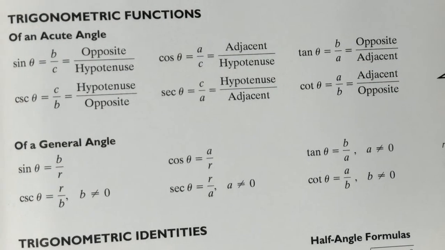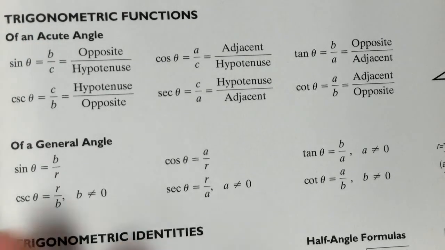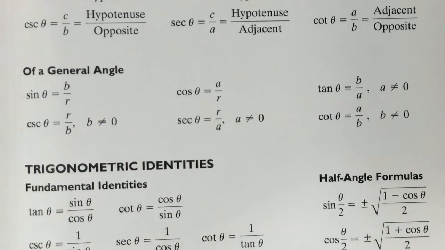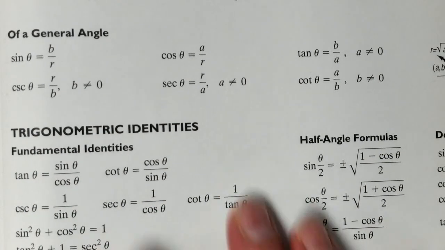Okay, so in the back of your textbook, it doesn't have a page number, but it says trig functions, and there's your list, and then it says of a general angle, there's your list. It also has your fundamental identities,